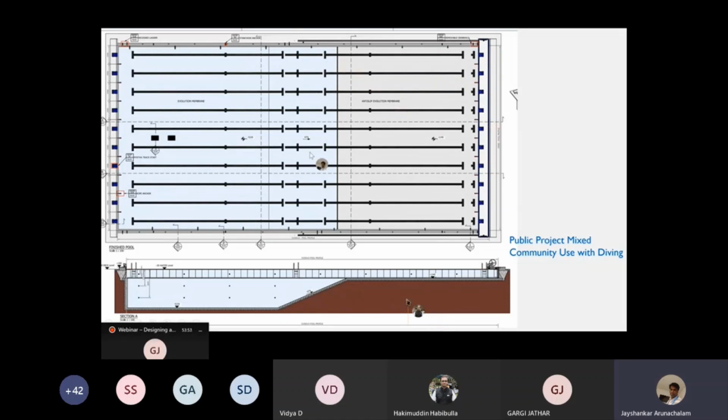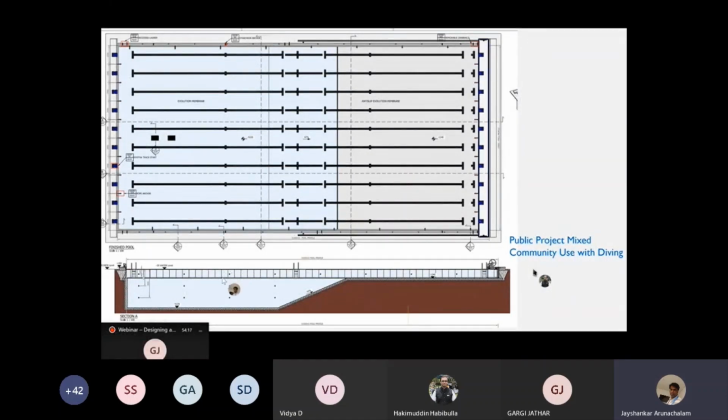Now to accommodate a bulkhead, which is placed here, you could see the pool length gets extra by 1.5 meters. So 50 becomes 51.5 to take care of the bulkhead. So when the bulkhead comes into the center, it actually becomes a 25 meter pool where you can have a 25 meter course and still have a diving area. So both can happen as a parallel activity. So it creates a utilization to the fullest,